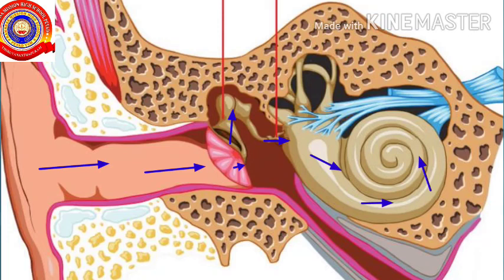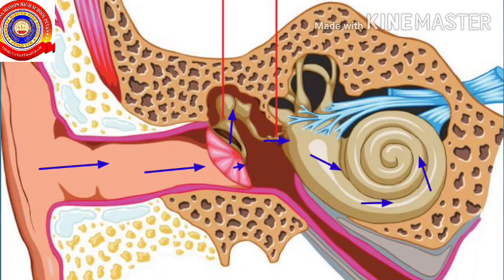The sound waves through the pinna reach the auditory canal, where in the auditory canal we can see small hairs and wax which prevent the entry of pathogens. From there, these sound waves reach the tympanum. When the sound waves touch the tympanum, it undergoes a vibration. This vibration of the tympanum is transmitted to the ear ossicles such as malleus, incus and stapes, which causes the vibration of the membrane in the oval window.